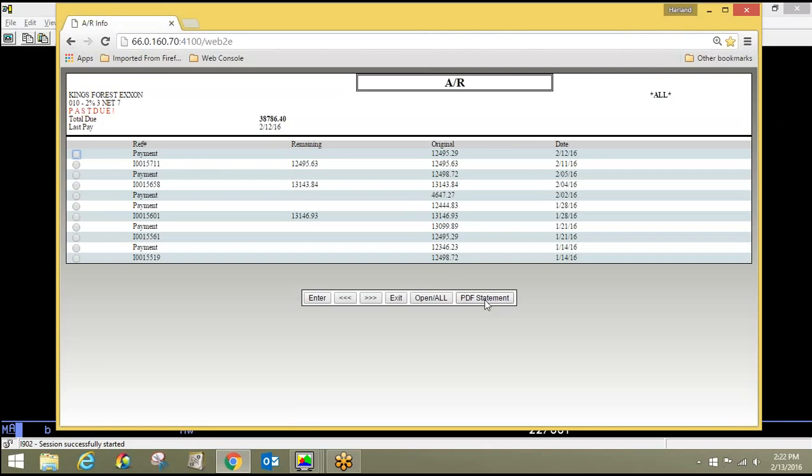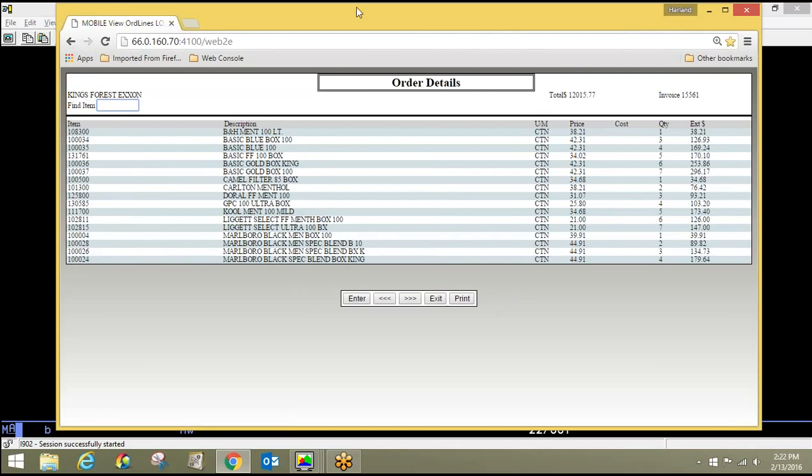You can also produce a statement by clicking the PDF button, PDF statement. You can also zoom into an invoice. An I-type transaction is an invoice, so this is invoice 15561. If I click the button beside that, it takes me in and I can view the basic functions about